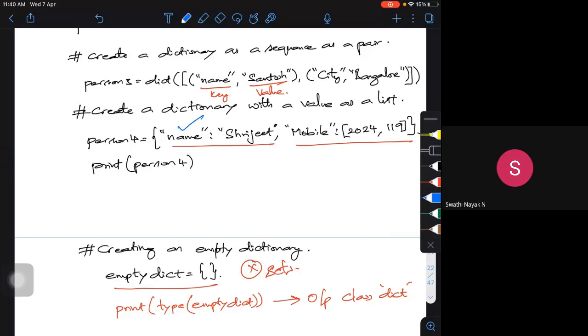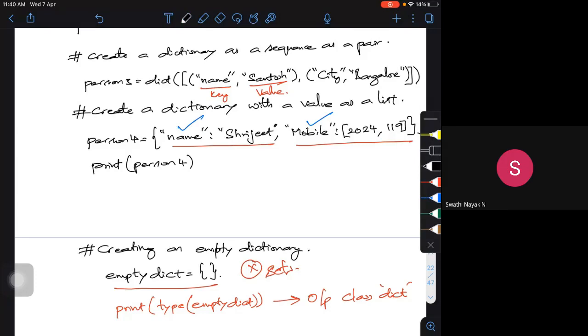The moment I give name as my key, I will get the output as Srijit. If I give mobile, I'm going to get the two numbers 2024 and 119. These are my key values or index numbers. Let me try that.